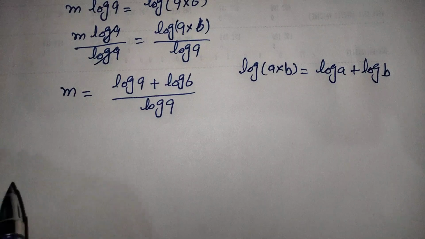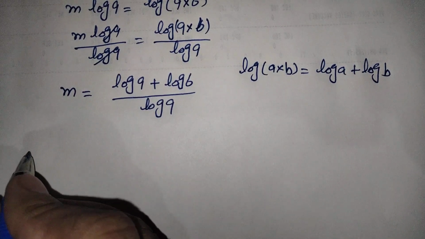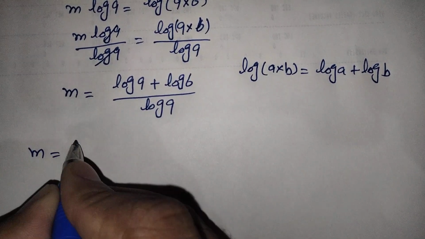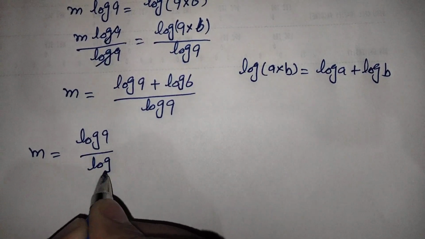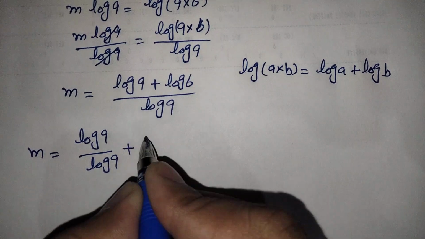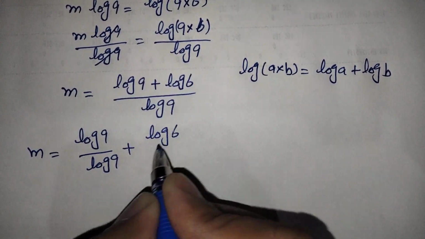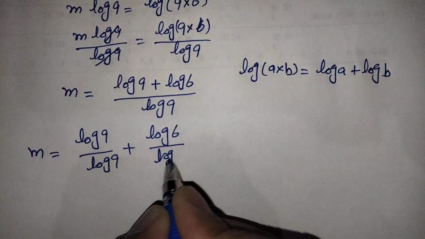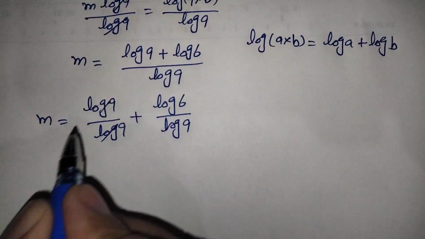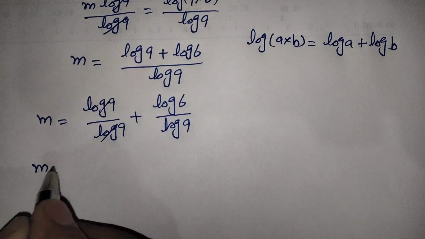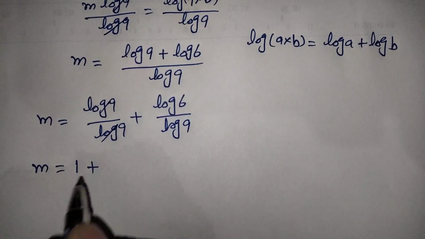Now we can simplify this as m is equal to log of 9 over log of 9 plus log of 6 over log of 9. Now this log of 9 will be cancelled out with this log of 9 and we will get m is equal to 1 plus